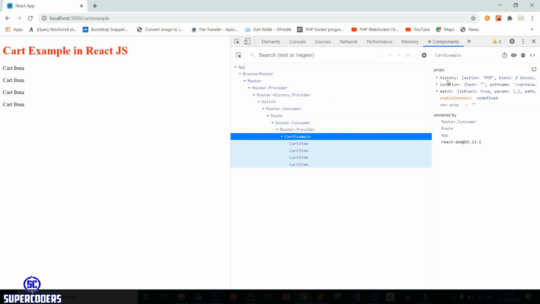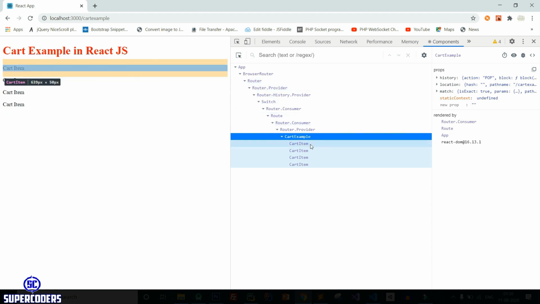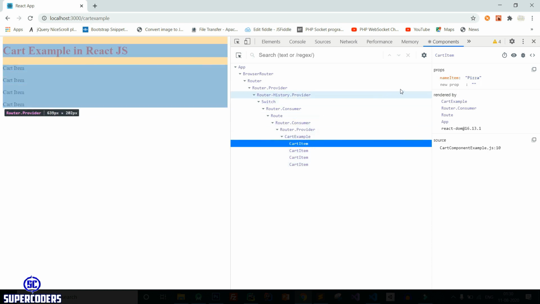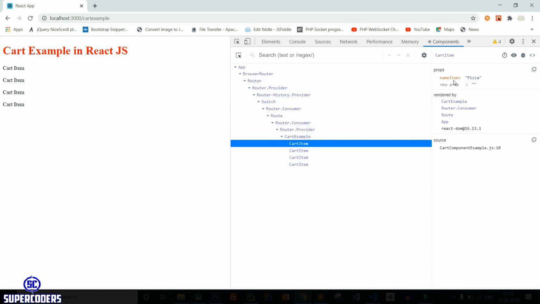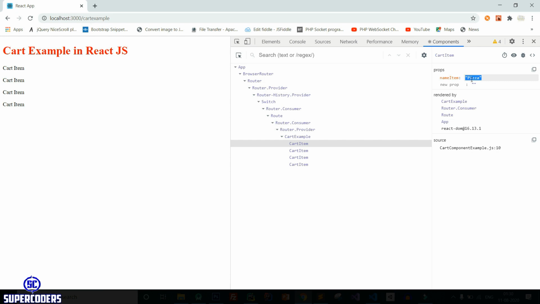It had some properties like history, location, match. So all these things you can debug your React app using this React Developer Tool. Now let's see our cart item. Click on this and you can see it's showing name item which we are passing in our template. So let's see how you can access this.